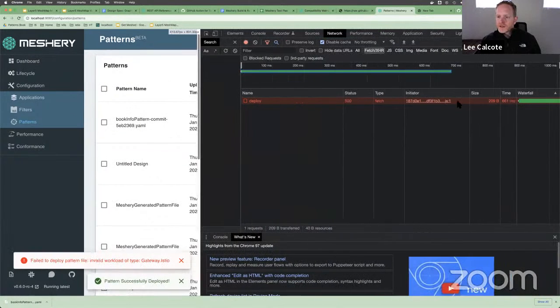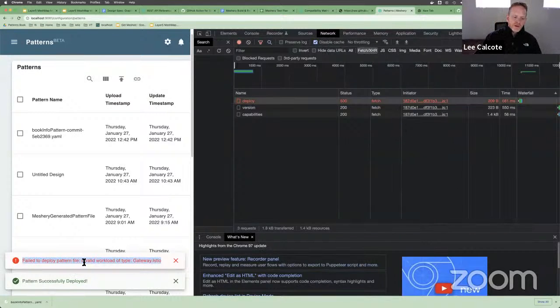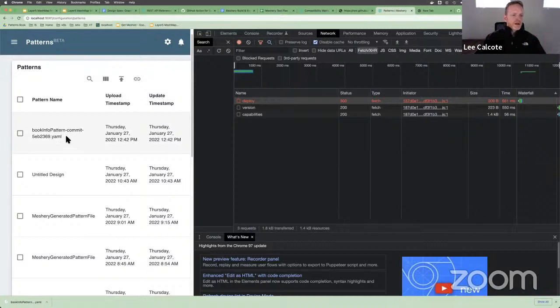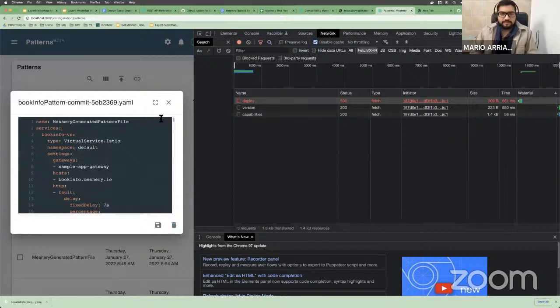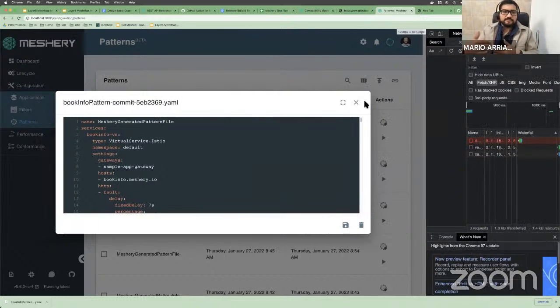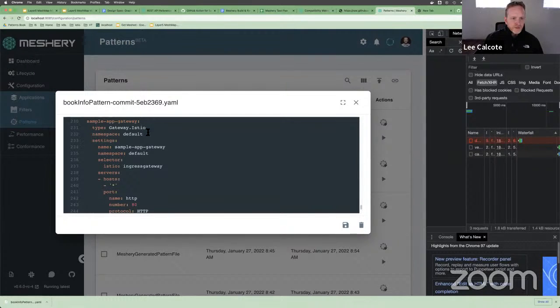But yeah, most likely this points to the fact that Meshery's pattern engine has advanced in the time since this particular YAML file was written. So there's a breaking change in the pattern format, like the interface, where specific keywords are no longer valid. Yep, exactly. And the one that it's complaining about right now is this one, gateway.istio, and